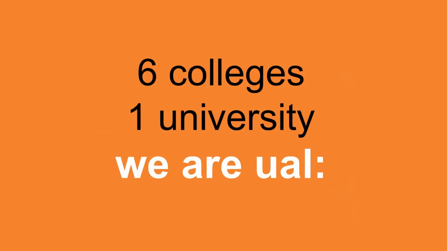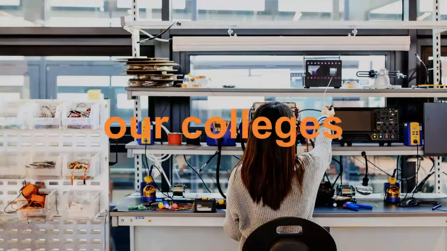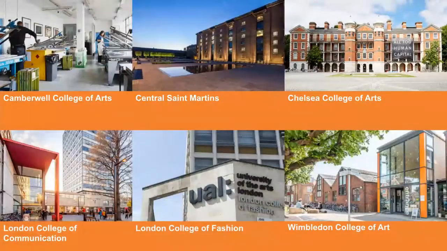So the university consists of 6 separate colleges, all with their own individual identities and subject specialists, but we are all one university, so we are University of the Arts London. Often with our colleges and courses, there'll be abbreviations that get thrown around, but we'll try to make sure to avoid them. But we've got a good spread over London and a good spread of courses. And we're just going to explain the different colleges.